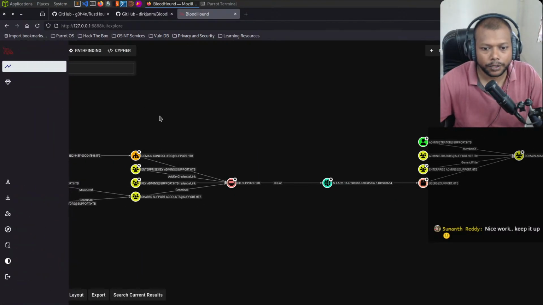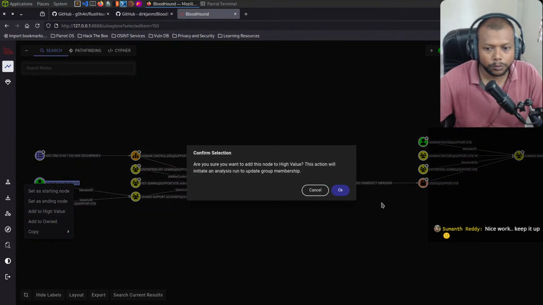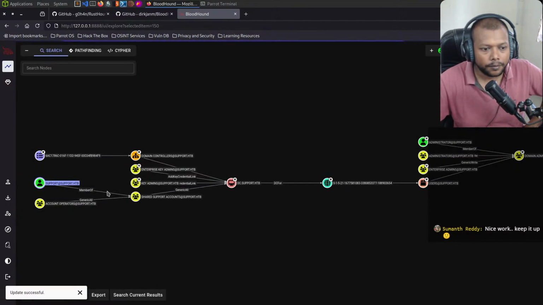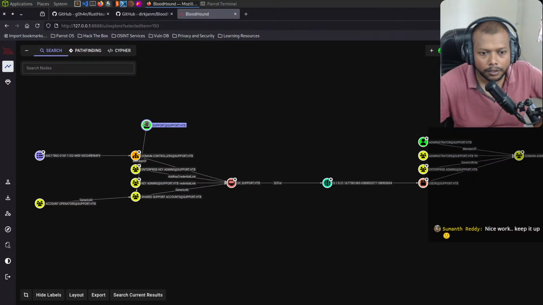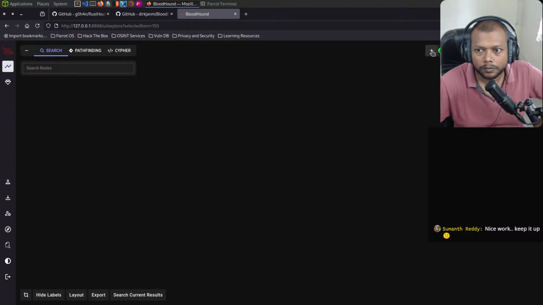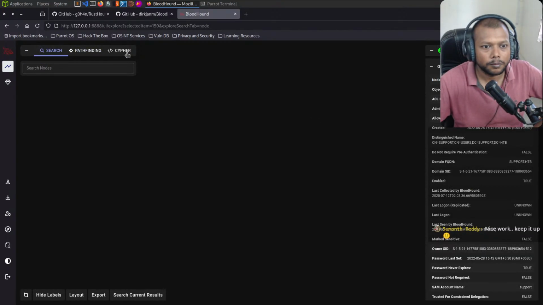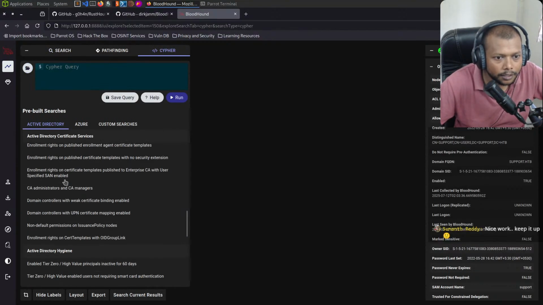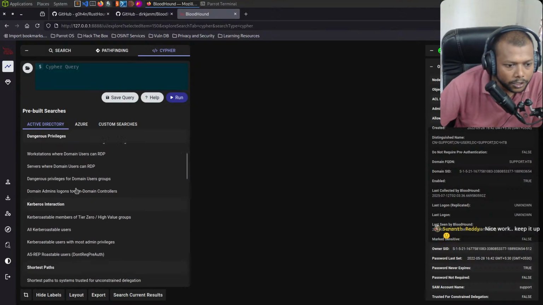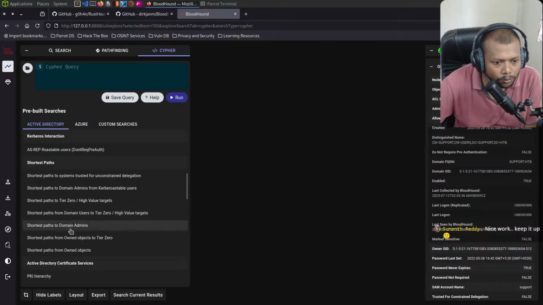I go to Cypher queries. Add to high value. Yeah. So this will be the high value target. Cypher query from high value target. Shortest paths from high value target to